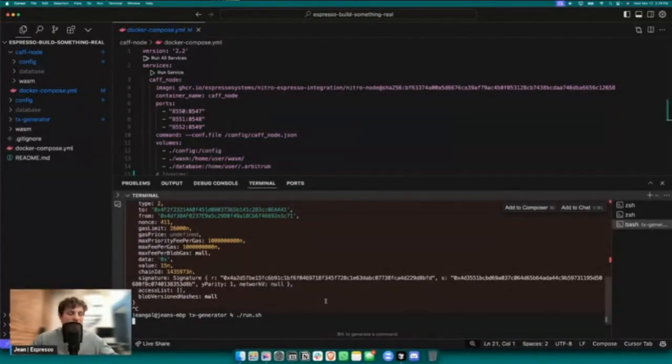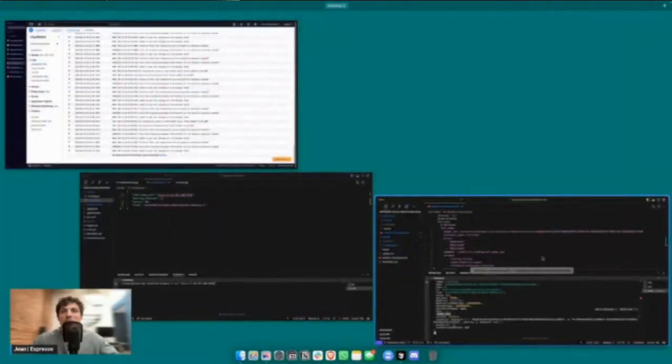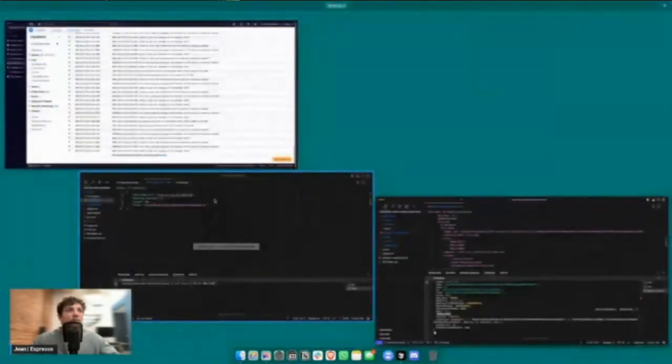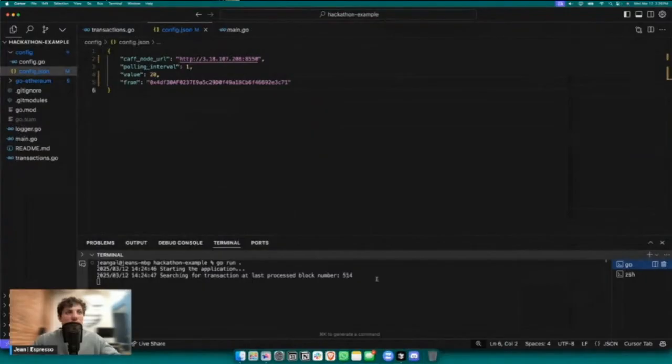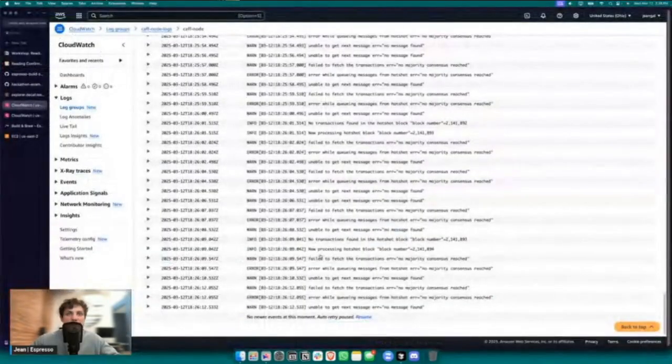And then we wait for the signal a few seconds, and you see that, awesome, we've sent a transaction with value 15. Now, if we go on the listener right here, you see it didn't find a specific transaction, right? However, if we go in the logs and check what was going on,